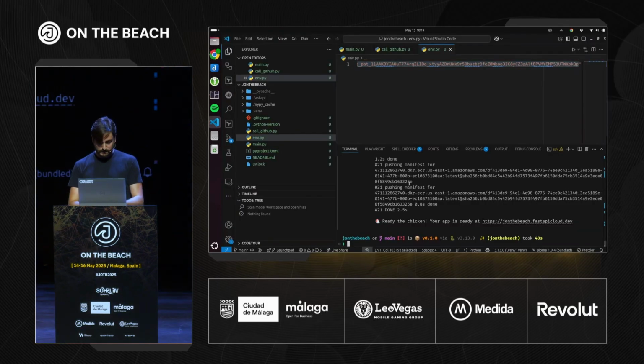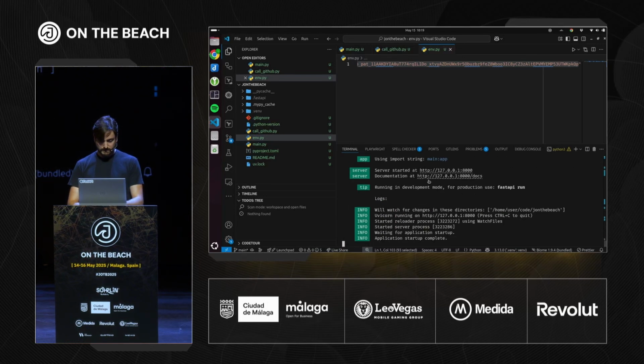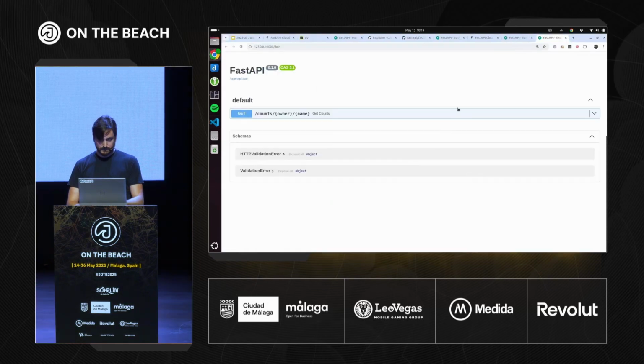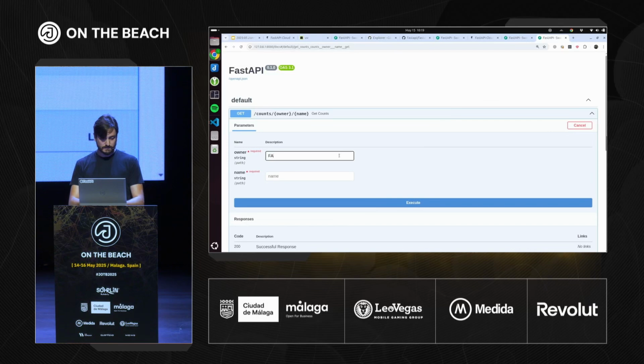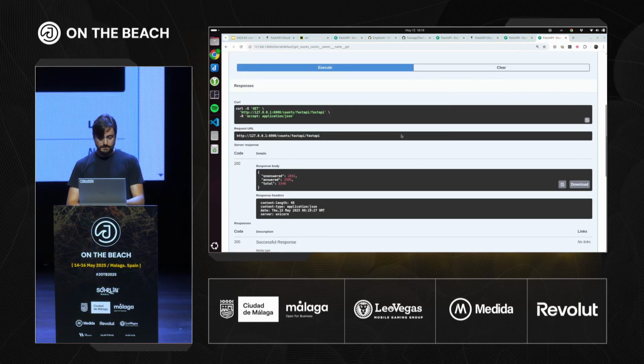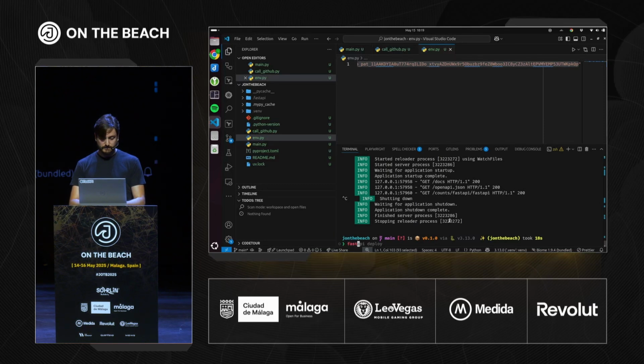Actually, let me make sure that I'm putting it correctly. GitHub token. Let's run it locally again, just to make sure. I probably set it wrong. FastAPI. FastAPI. Execute. So it's running correctly locally. Let's try to deploy again, just in case I did something wrong.